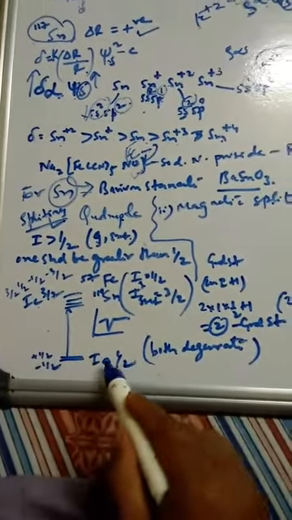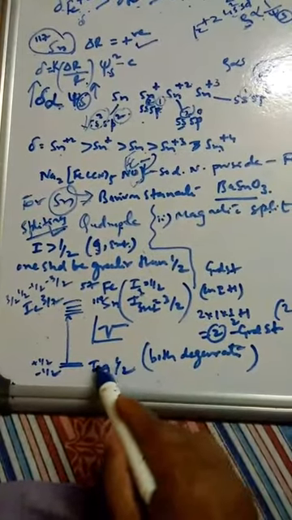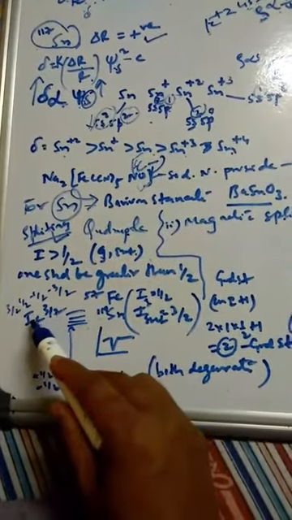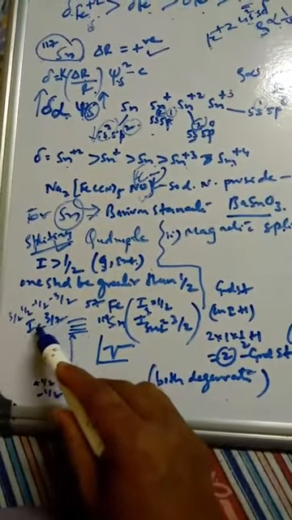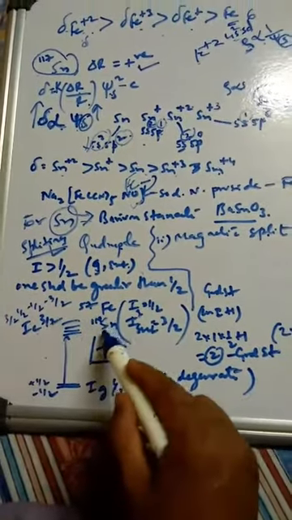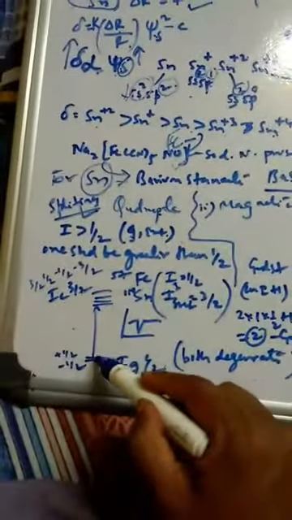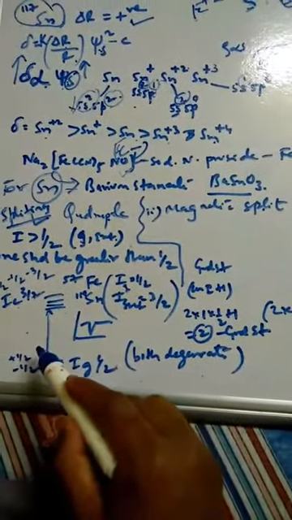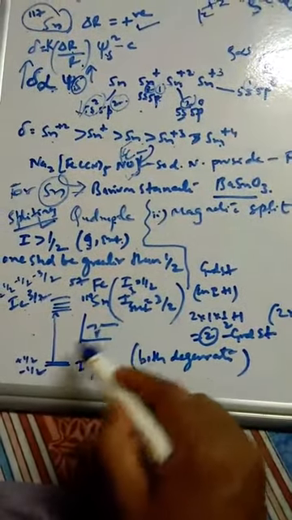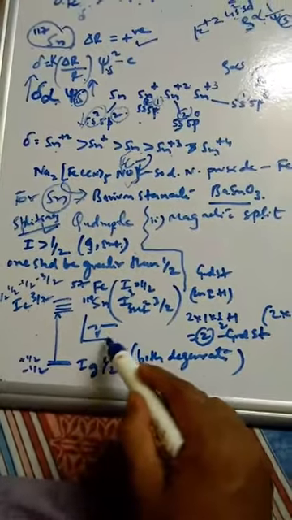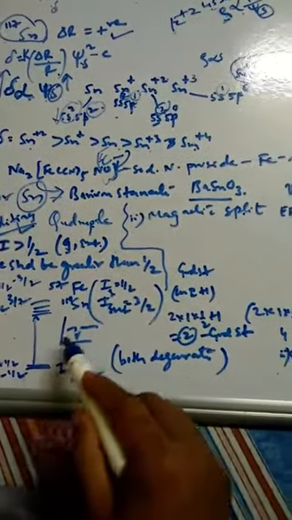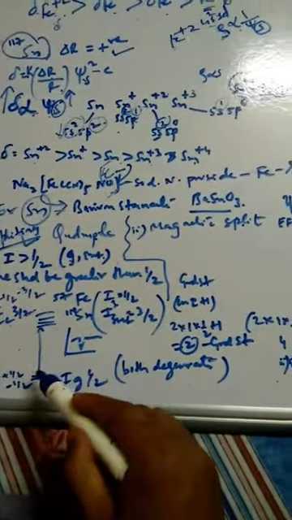And plus half, minus half. The ground state I value will be half, and the excited state I value for iron will be 3/2. At degeneracy there is no splitting, and we can see one transition here, in this way, with absorption versus velocity in centimeter per second or millimeter per second. So both of these are in a degenerate state.